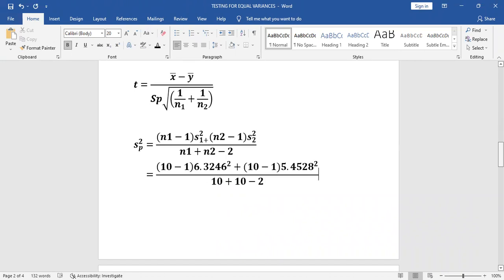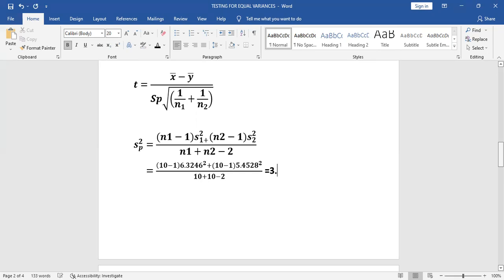I have that number, which is 627.6023. This divided by 10 plus 10, which gives me 20, minus 2, gives me 18. So I get 34.87. Now with this,